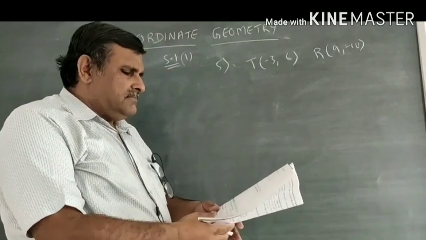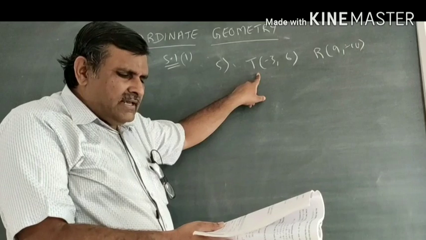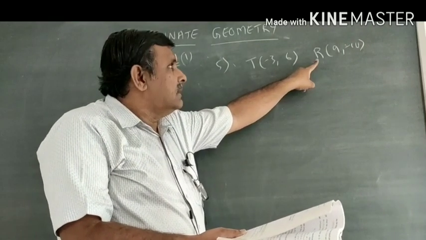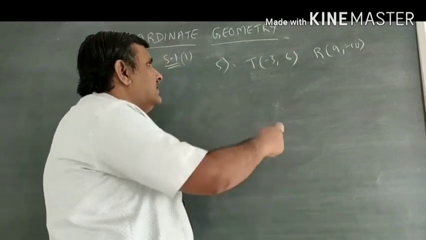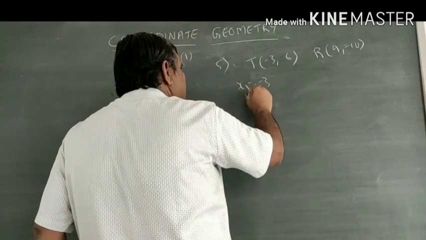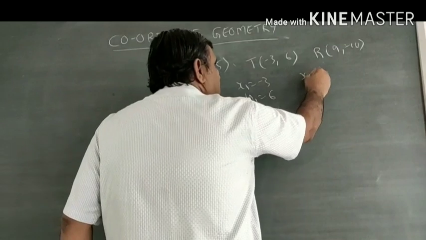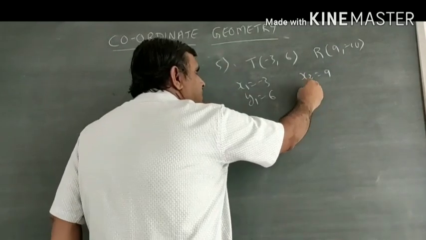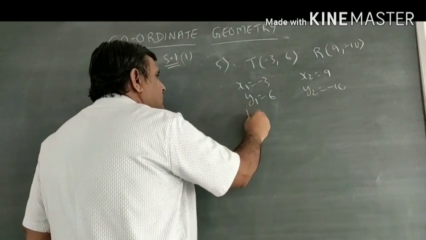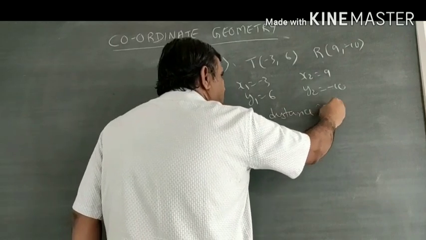Now take our fifth sum. See, coordinates of T are given minus 3 comma 6 and coordinates of R 9 comma minus 10. Here we shall write down first x1 is equal to minus 3, y1 is equal to 6, again x2 is equal to 9, y2 is minus 10. Therefore, by distance formula,